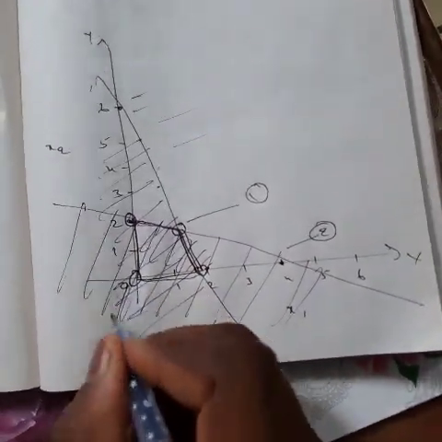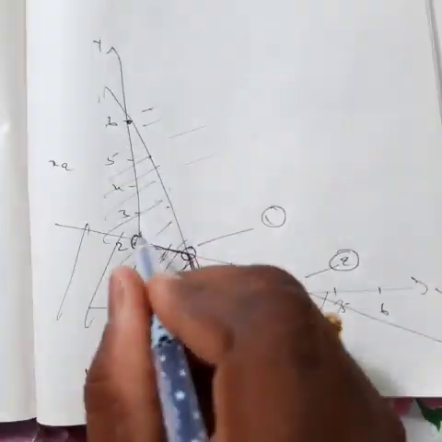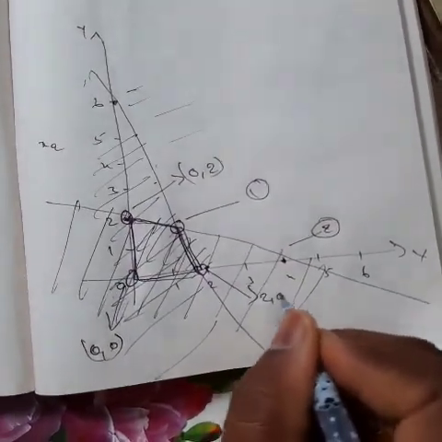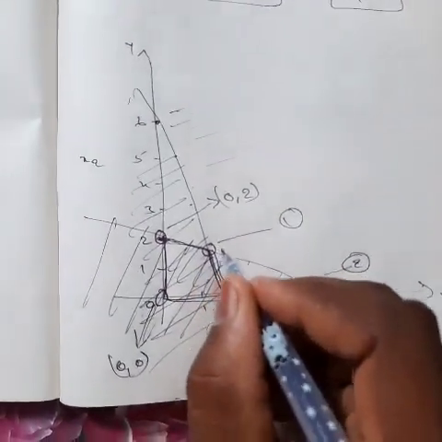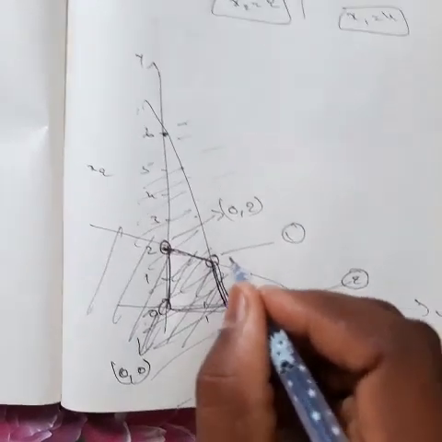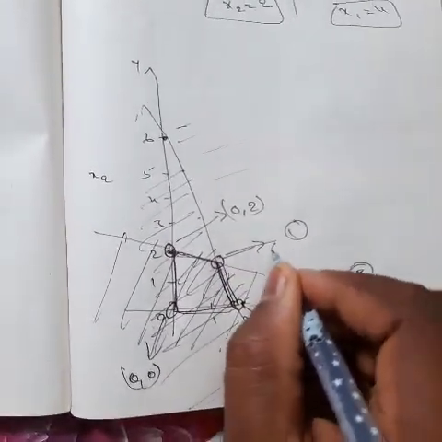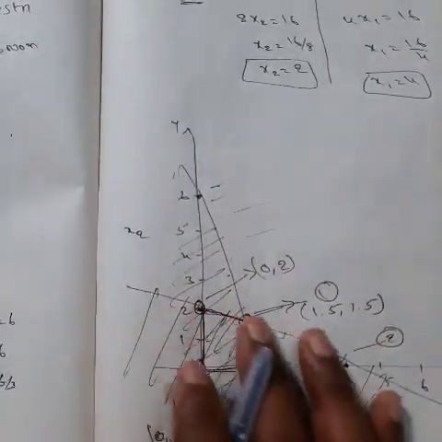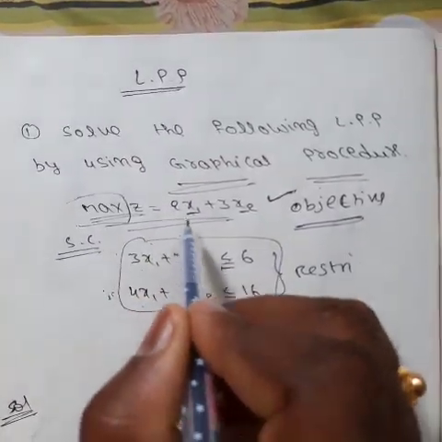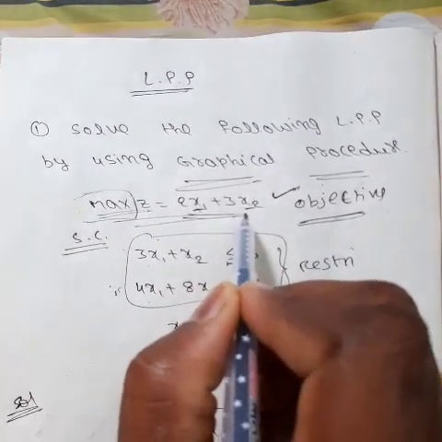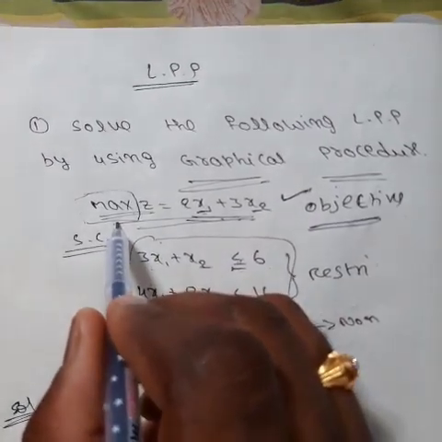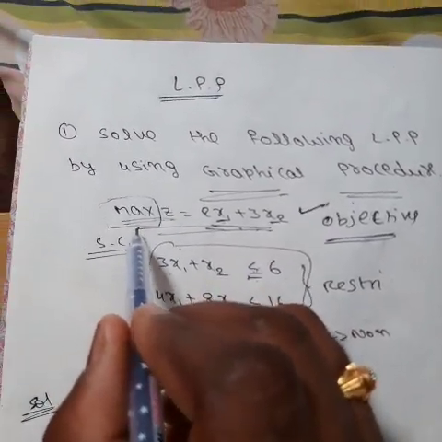So this coordinate is 0, 0, and this coordinate is 0, 2, and this coordinate is 2, 0, and this coordinate is, if you draw exactly on graph paper, you may easily estimate this point. Approximately this point will be 1.5, 1.5. So these are the points bounded by these equations. Now you have to substitute the four values in the objective function. Basing on this, where the objective function is maximum, those are the required points. So let us calculate that.